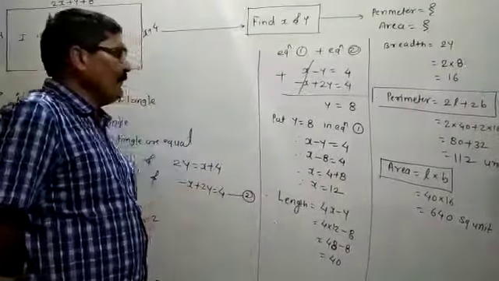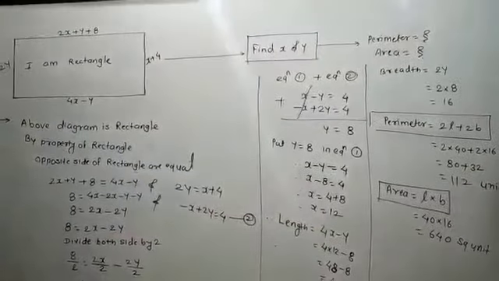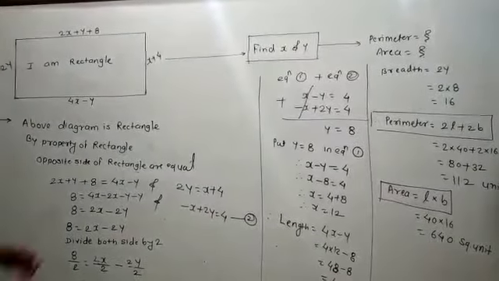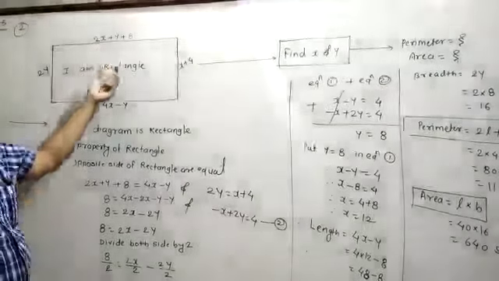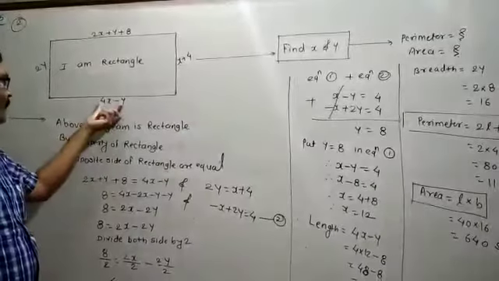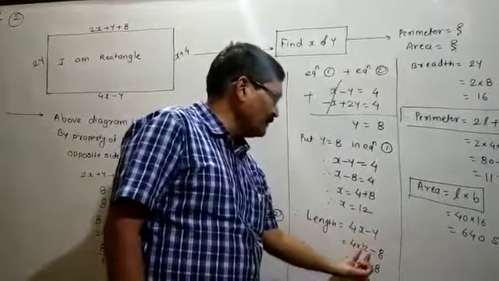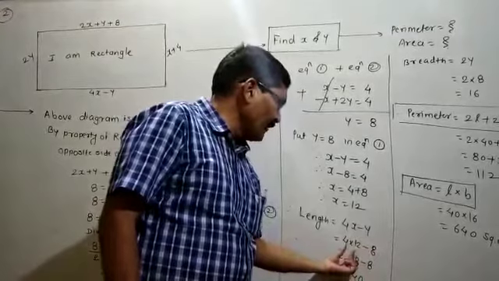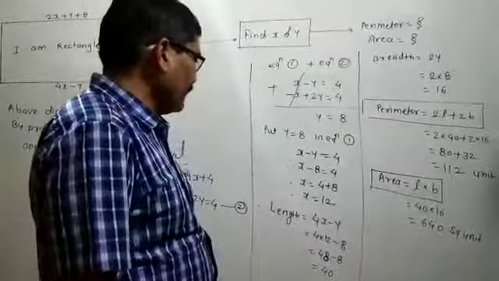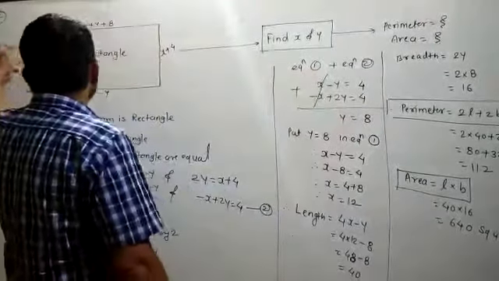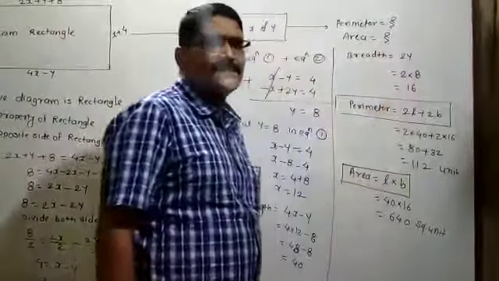Then we have to find the perimeter and the area. If you want to find the perimeter and the area, for that you have to find the length and breadth of the rectangle. Then you have to put the values of x and y. Here we will get the length, otherwise you can put the values of x and y; the same answer will come. I will put the values in 4x minus y. Length is equal to 4x minus y, 4 multiplied by the x value 12 minus the y value 8. 12 fours are 48, 8 as it is. 48 minus 8 is equal to 40. Then breadth is equal to 2y, otherwise you can take x plus 4. I will take 2y, 2 multiplied by 8, at that time 16 will come.